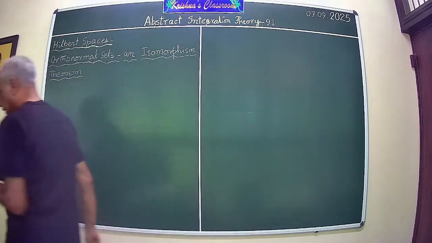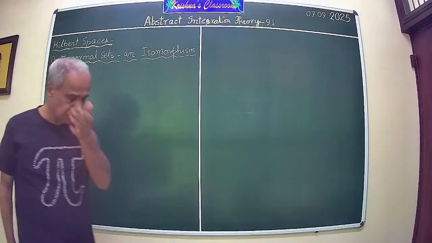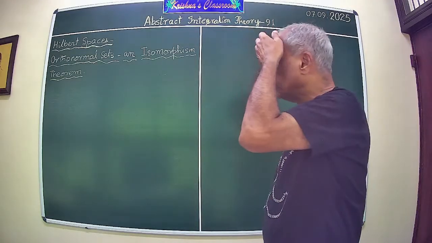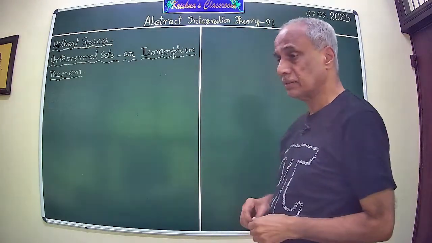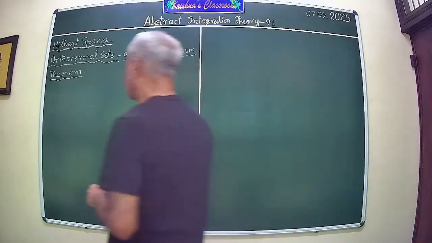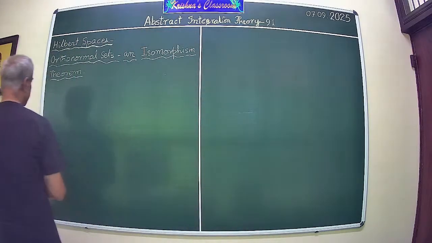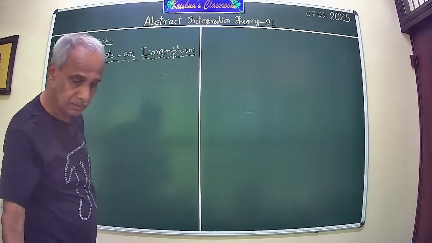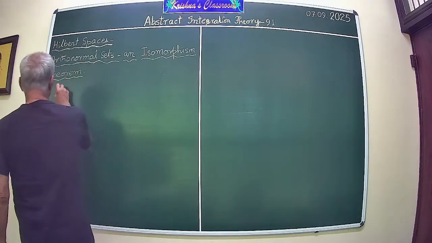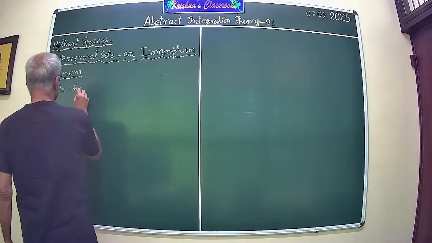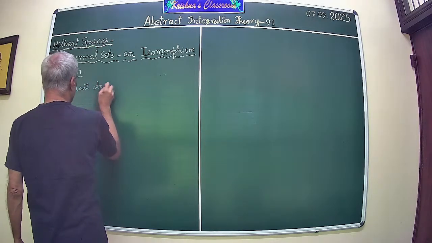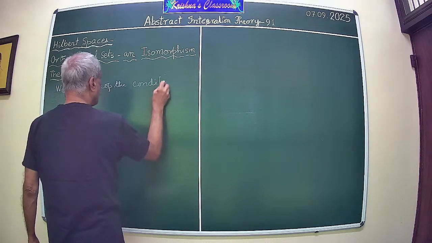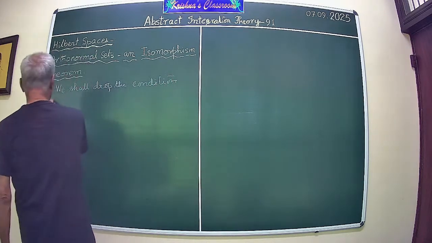So where we started last time was to drop the condition that A is finite. So we shall assume that we drop the condition that the index set